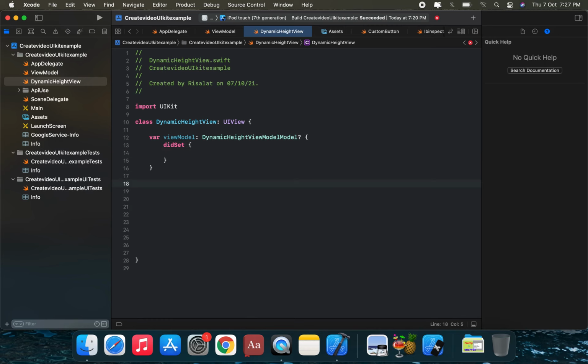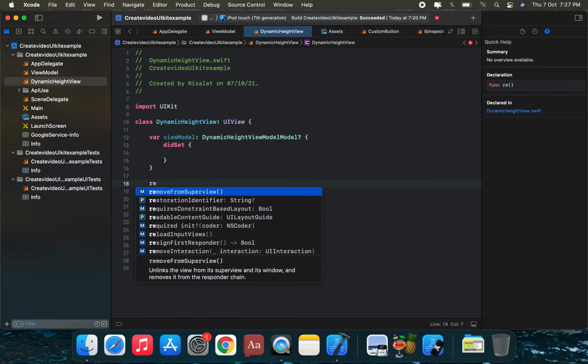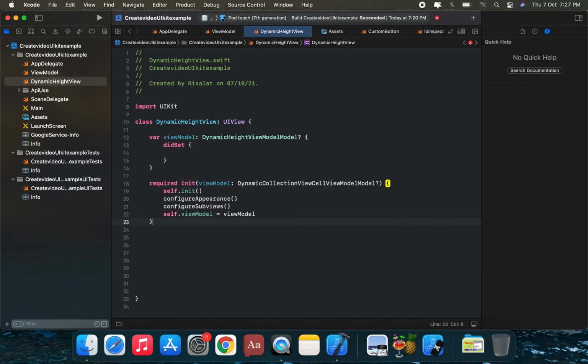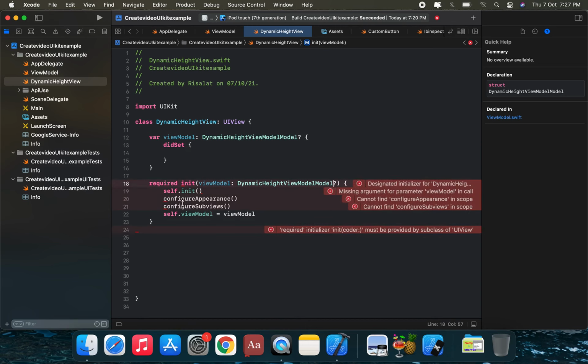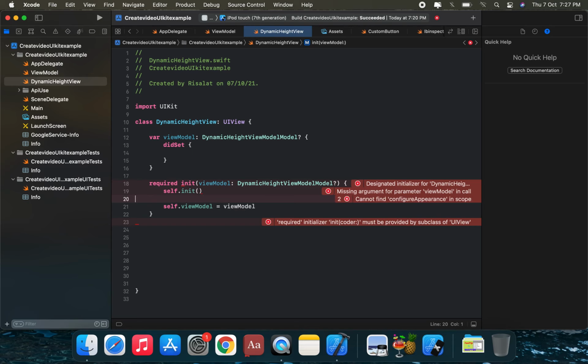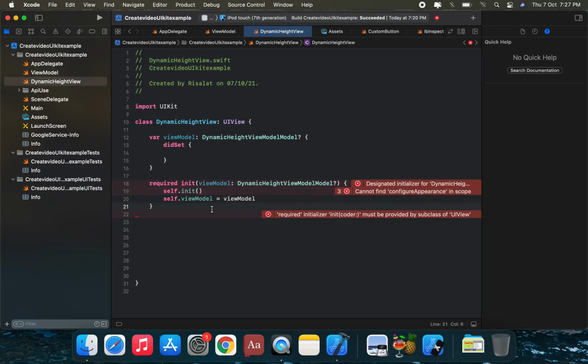Now we are going to create a required initializer, which takes the data model, of type dynamic height view model, and we're going to call configure appearance and configure subviews. Lastly, we initialize the view model equal to the view model.